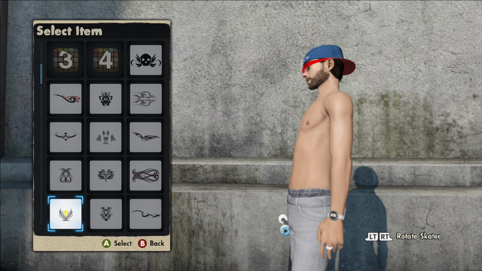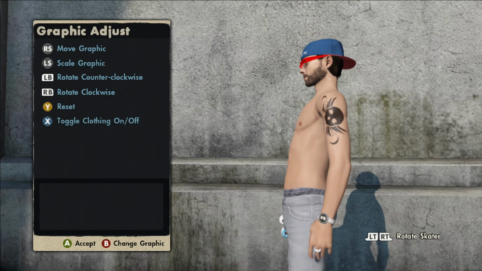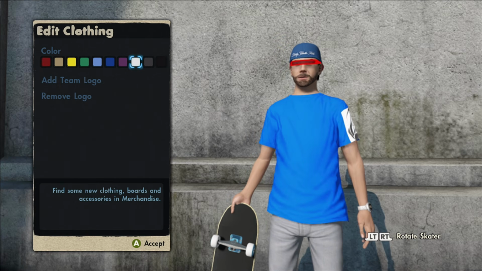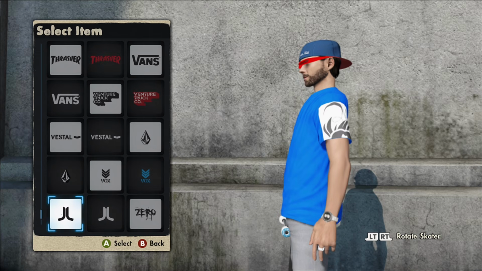You want to go back into tattoos, select an arm, and choose the big skull tattoo. Then you want to make it as big as you can, stretching across the whole entire arm. Make your way to shirts and then do the tattoo shirt glitch again. Once it's on your arm, you make your way to brand logos and go down all the way to the